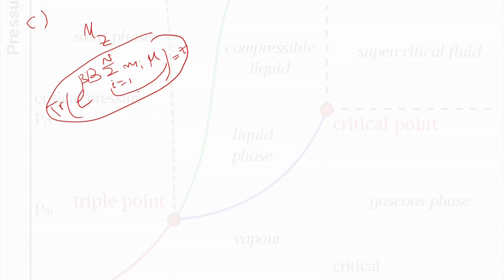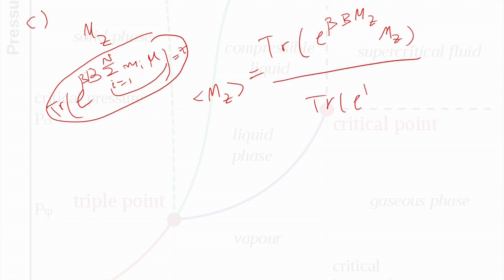If I want to find the average of this, what I have to do is bring this in. So the average magnetization is basically the trace of M_z e raised to beta B M_z over the trace of e raised to beta B M_z, where M_z is the sum over all of them. Okay, so the question is, how do you do this? If you call this Z,